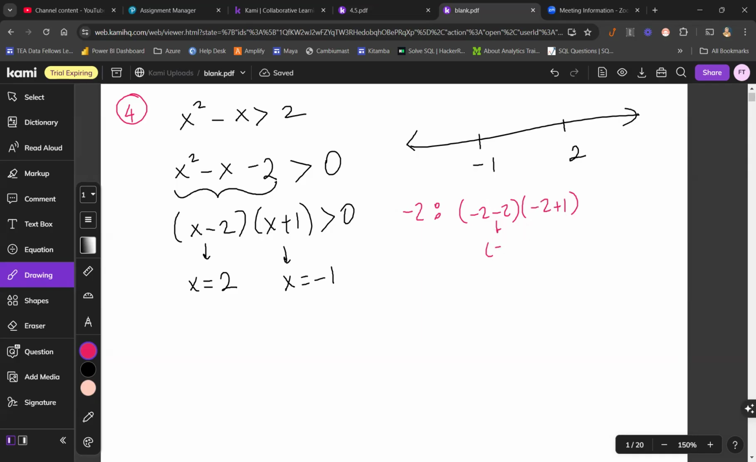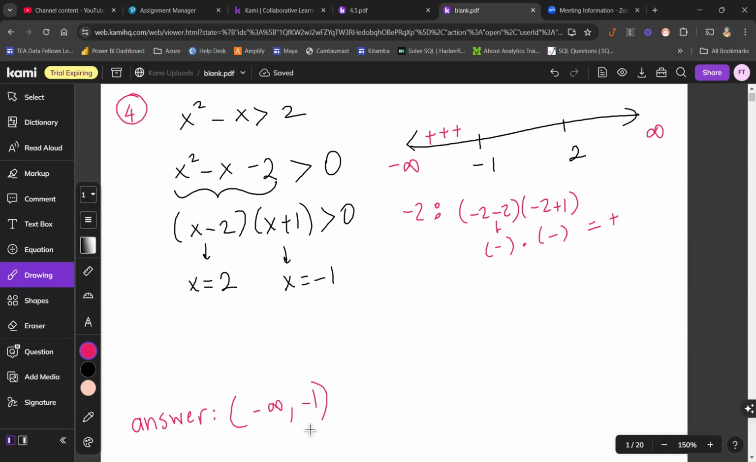So this is a negative number. This is also a negative number. And negative times negative is always a positive number. So this means this region will be included in our solution. So if we actually start setting up our answer, the solution set, because when I pick the number from this region and this end is always -infinity, this end is always +infinity. This is from -infinity to -1,